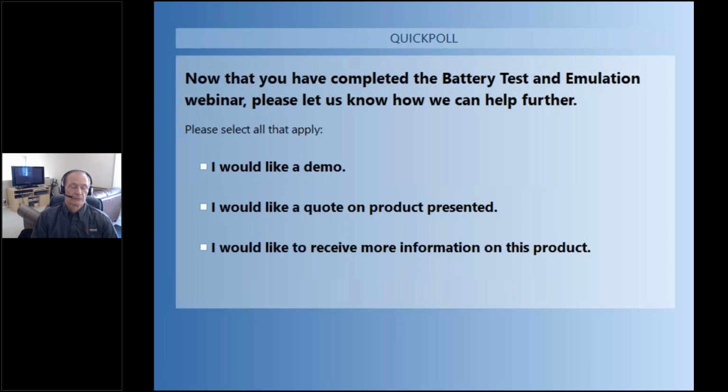Sure. So basically, any battery model could be loaded into our software when you're emulating. It doesn't matter what type of chemistry, what type of battery is being used. It's simply if the battery model content contains the open circuit voltage, the state of charge, and the series resistance, as the battery is either being depleted or being charged, for example, we could emulate. So you don't necessarily need to create a model or have a model